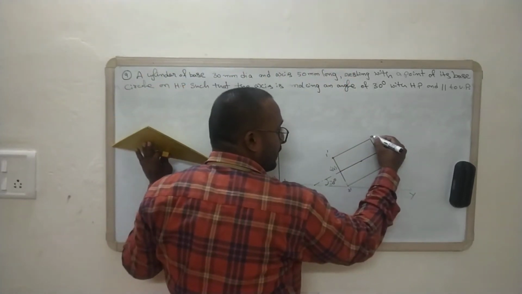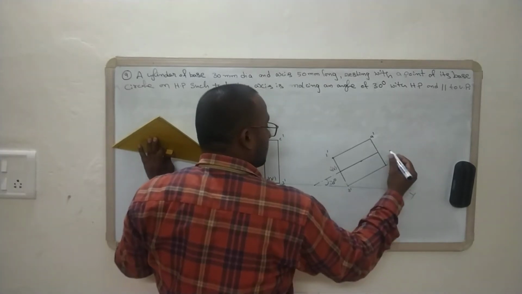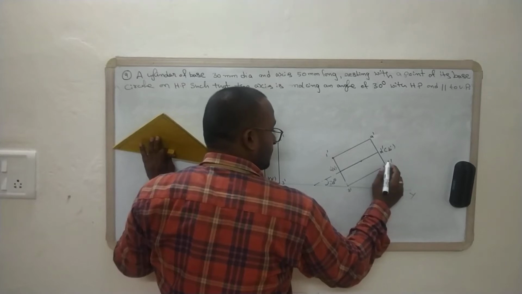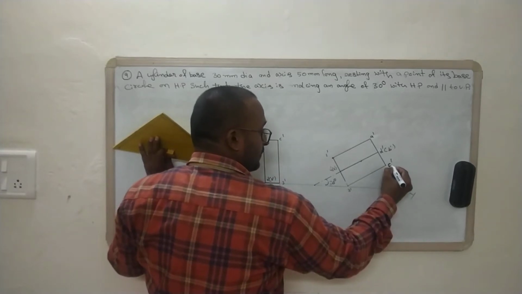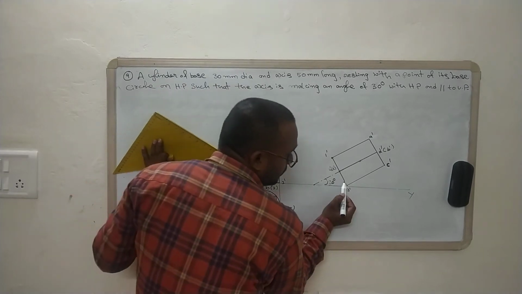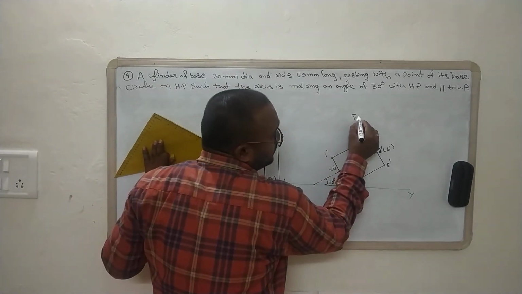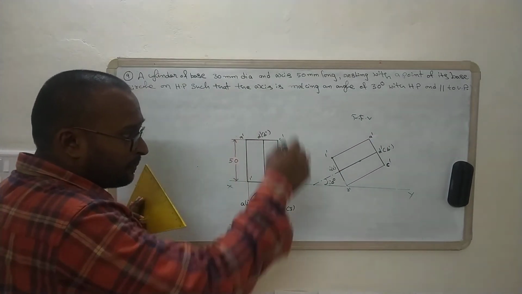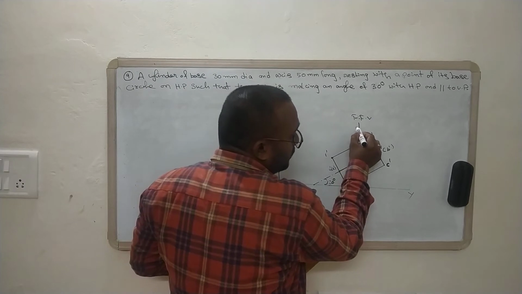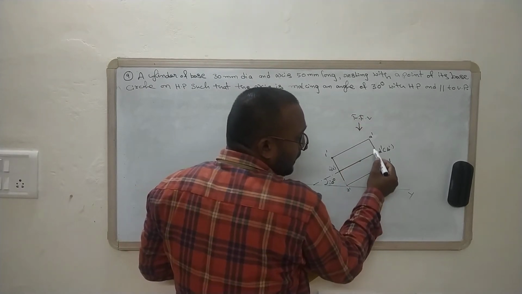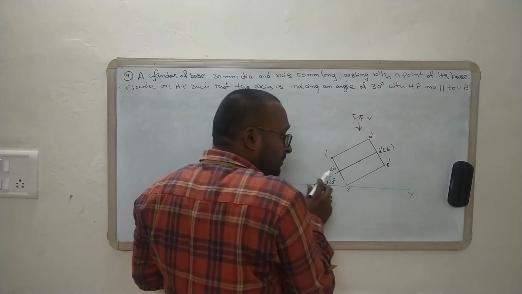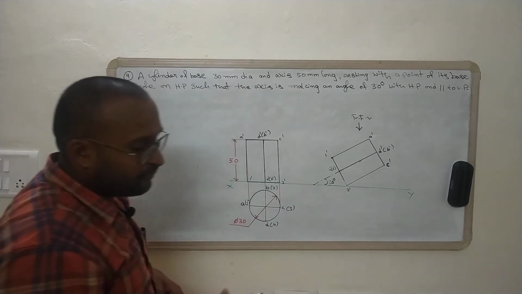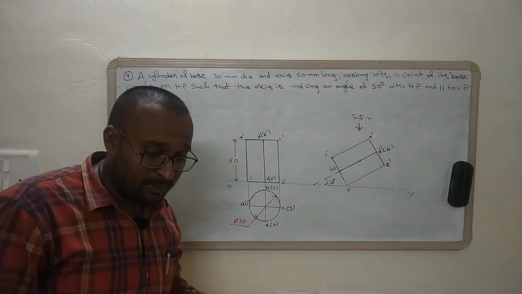Here these points will be A dash, D dash, B dash, C dash, right? So this is the finalized front view of the given problem. Now we need to project downwards. Whenever we see from the top view, automatically the A, B, C, D surface will be completely visible. The 1, 2, 3, 4 surface will be partially visible, that means half visible and half invisible.